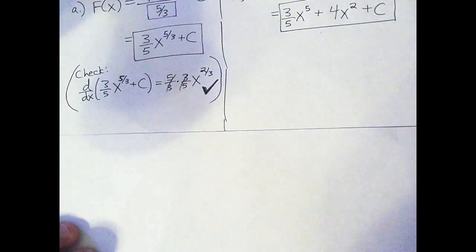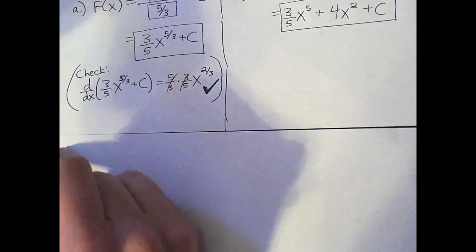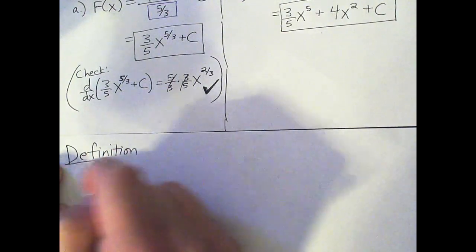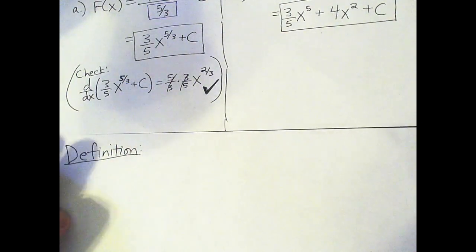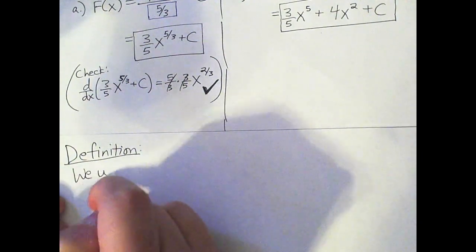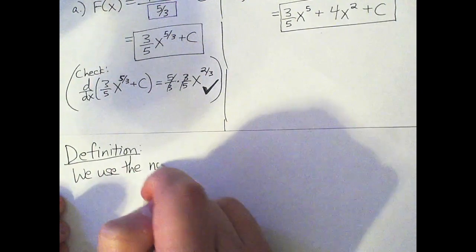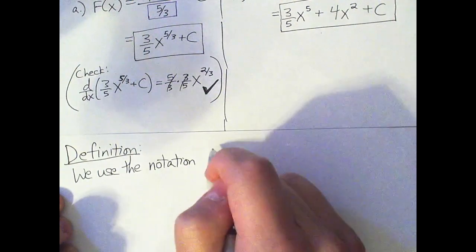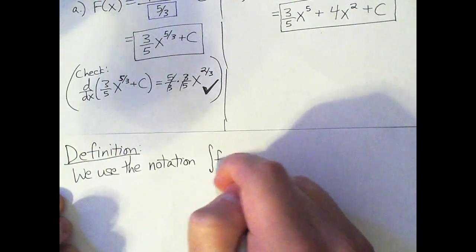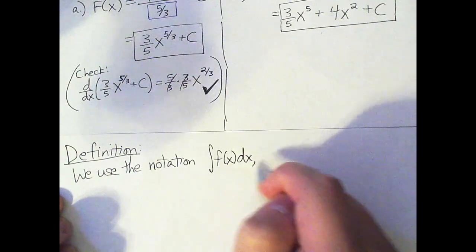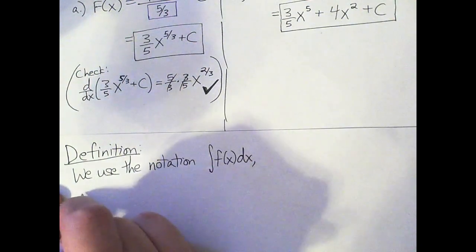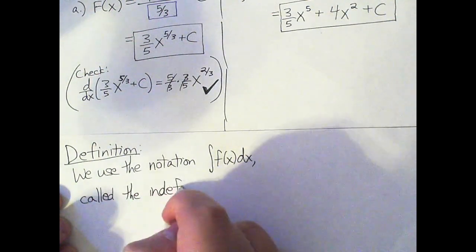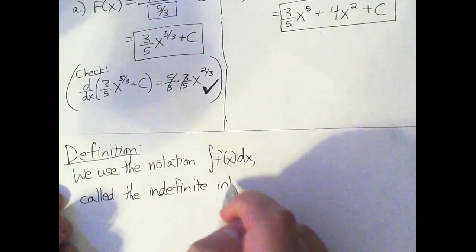All right, so I have a definition for you, and this is going to be a new term for us, a new word that we need to define, but it's also going to be a new notation. So we use the notation. It's a new symbol for us. It looks like this. And this is called the indefinite integral